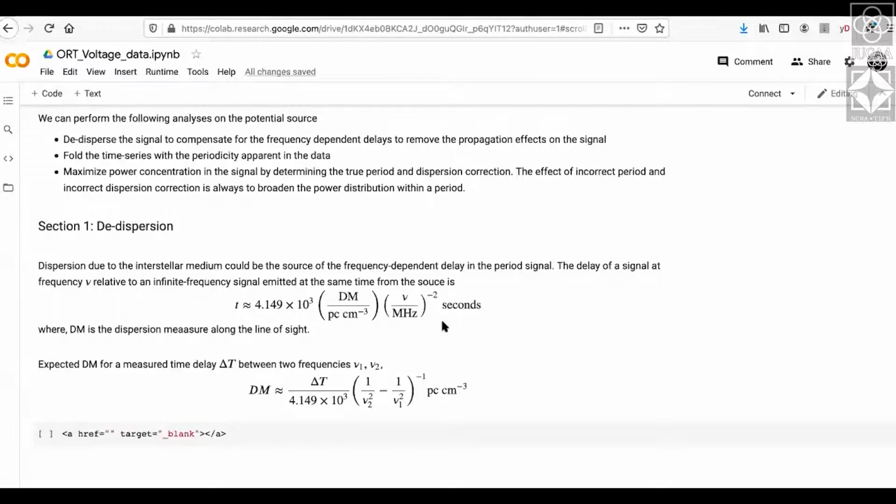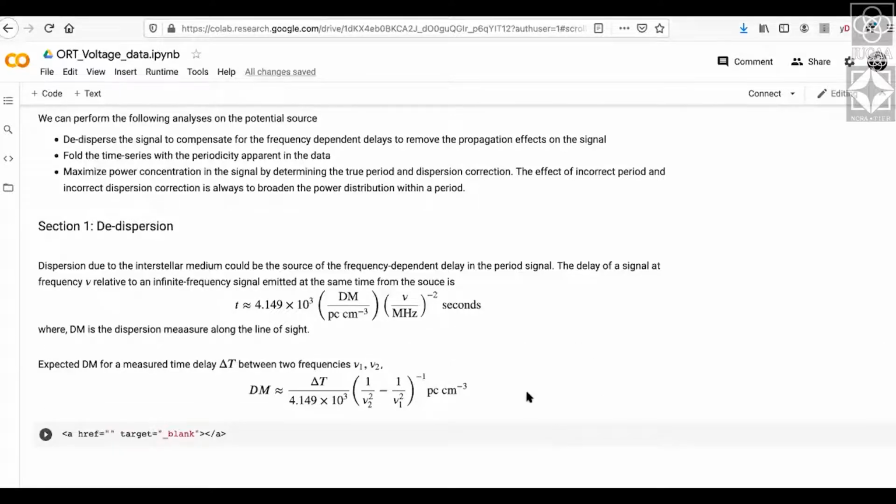But then what we would like you to do is get a more accurate value, for which you would essentially take a matrix of values, a two-dimensional distribution of dispersion measure and period. And what you'll do is repeat this procedure of getting the integrated profile and try to see where the power distribution is the narrowest, so that the profile is the narrowest, and hence the intensity squared and added will be maximum for that profile.